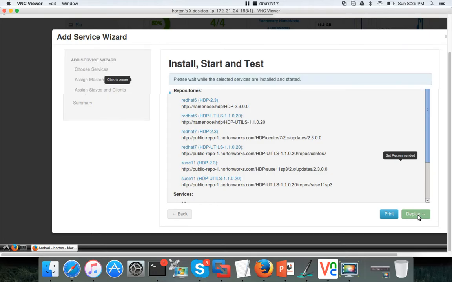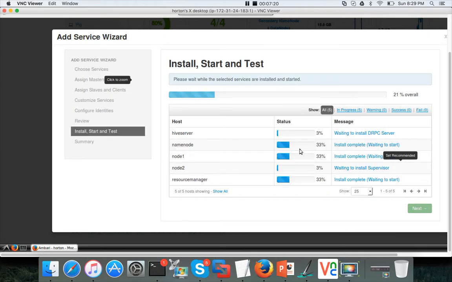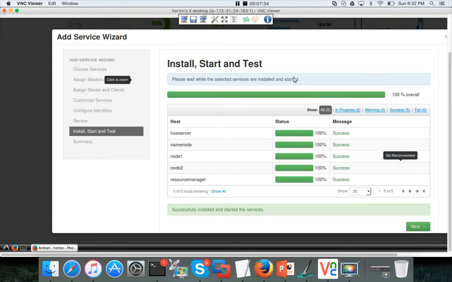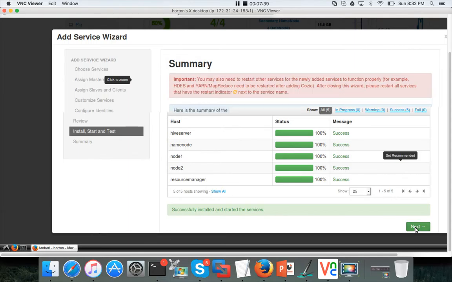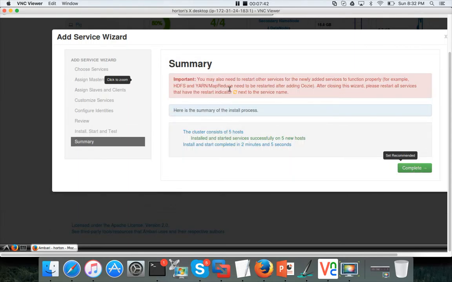And then click on deploy, and now it will try to set up as we have configured for master and slaves. Once the installation is done, we will review the cluster. If there are any services that need to be restarted, we have to restart those services. So now the installation is done successfully. Click on next, and you can read the warning. It says that if it shows these circular arrows, you need to restart those services, and click on complete